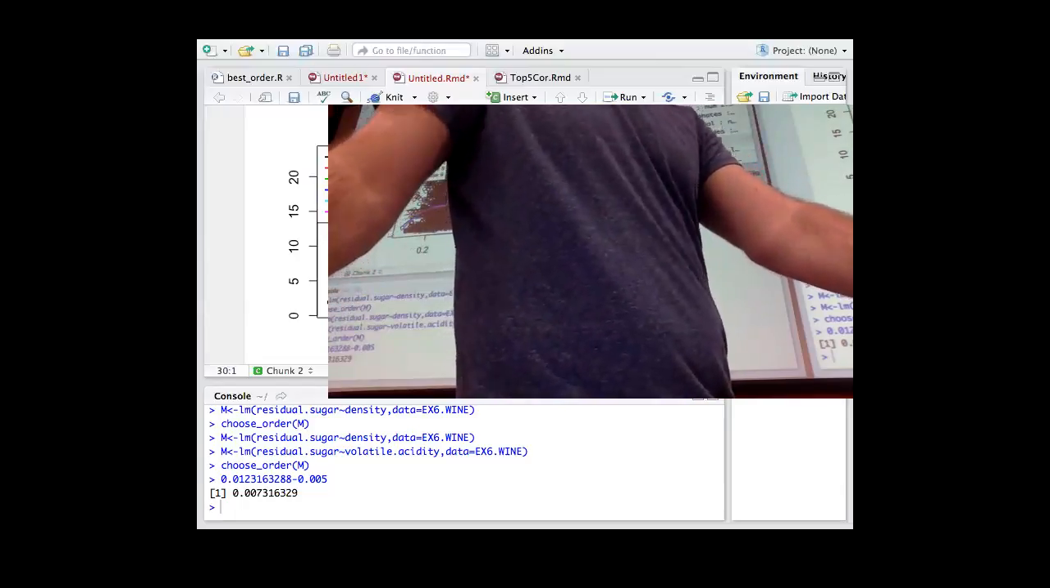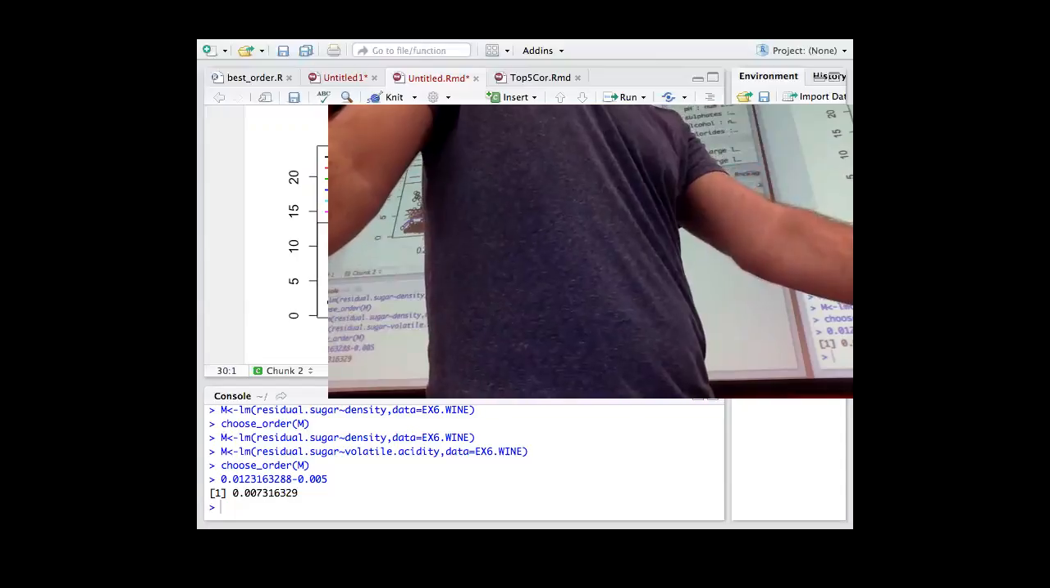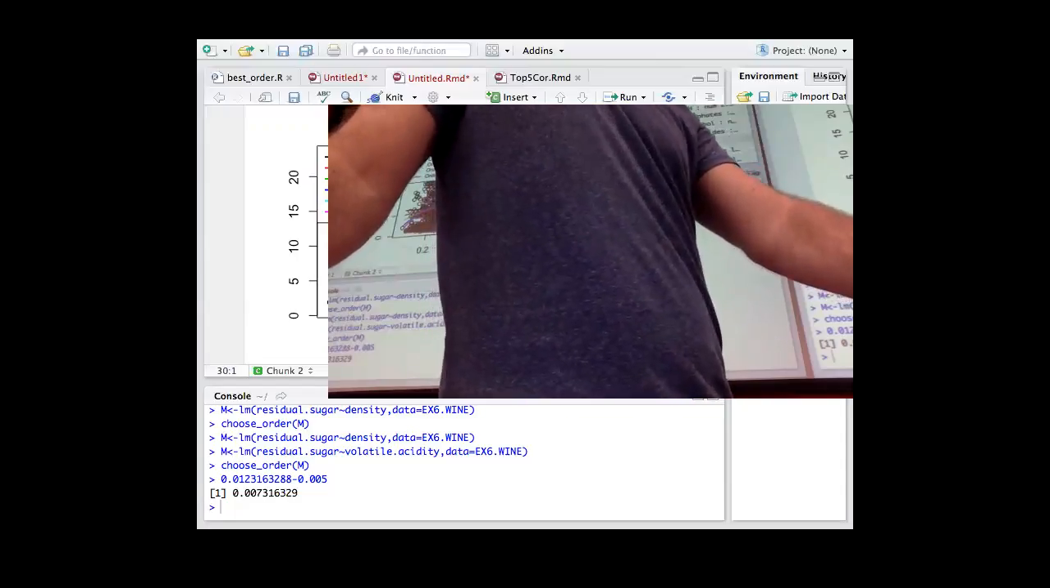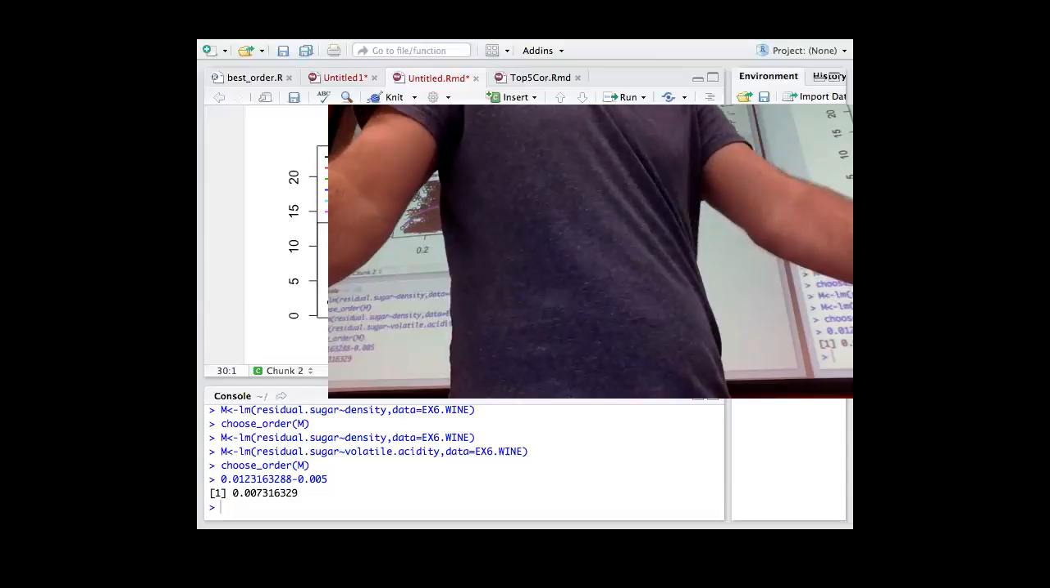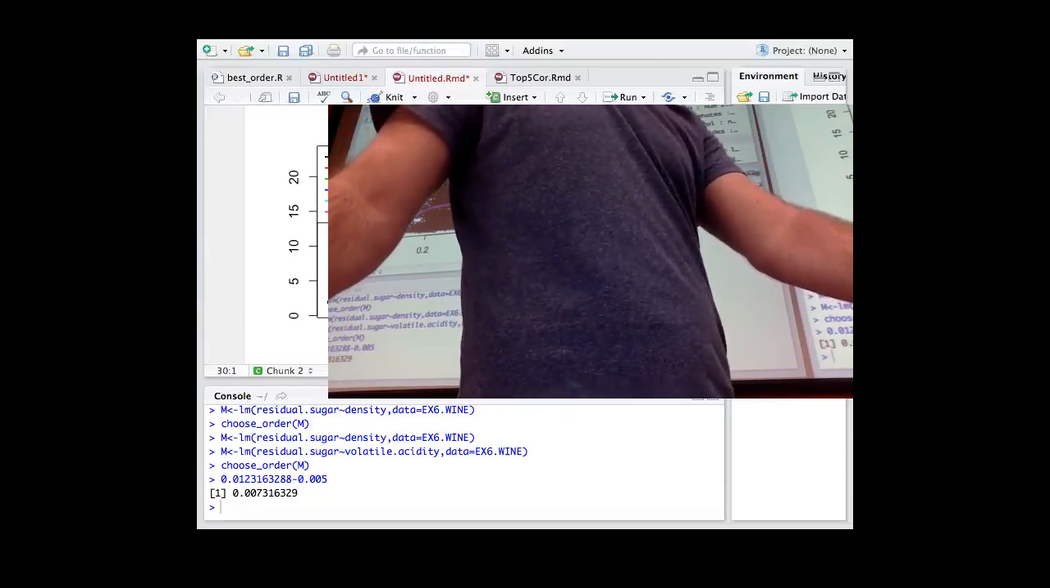Does that all make sense? Think of it as a fix for linearity, especially when you see it. If you see unexplained variation in the residuals, start running a choose order on each of your x's in the model to see if any of them can pick up on it. Or even save the residuals in your model, feed the residuals back in, and run a choose order on your residuals. We didn't do that, but